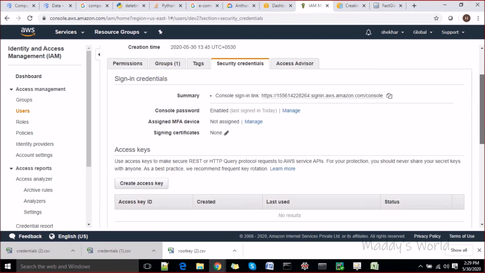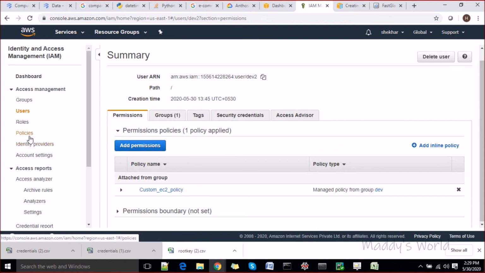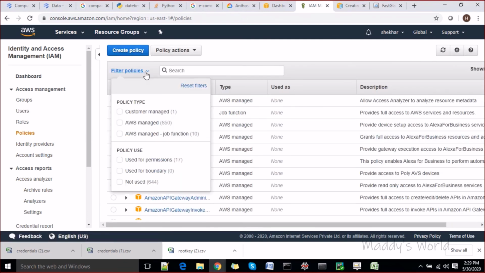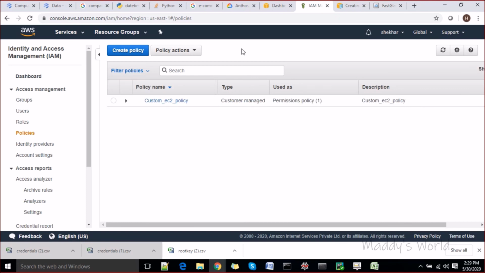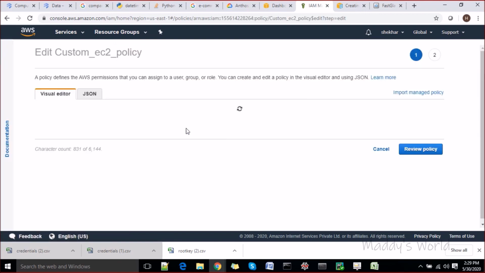Any time in between, if you think that you need to modify and update the policies, you can again navigate to the policy section here and modify that policy as per your requirement. You can click here and find the custom and managed policies. Go ahead and see the rules here, edit the policy, and start working on those.